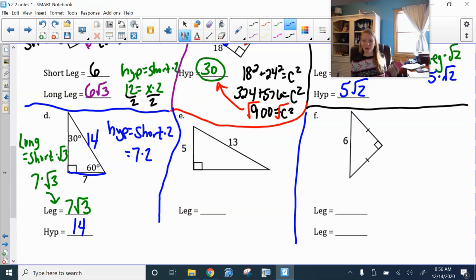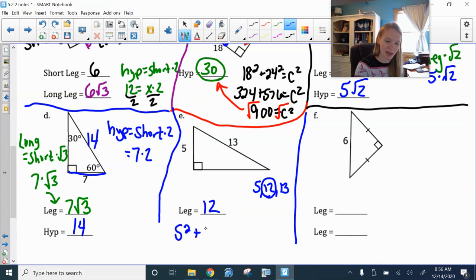Part E, we have a 5 and a 13. We're trying to find the missing side. You could do your Pythagorean theorem, or you can check your triples. And I know that this one is a 5, 12, 13 triple, which means my missing side must be 12. Or I could do 5 squared plus b squared equals